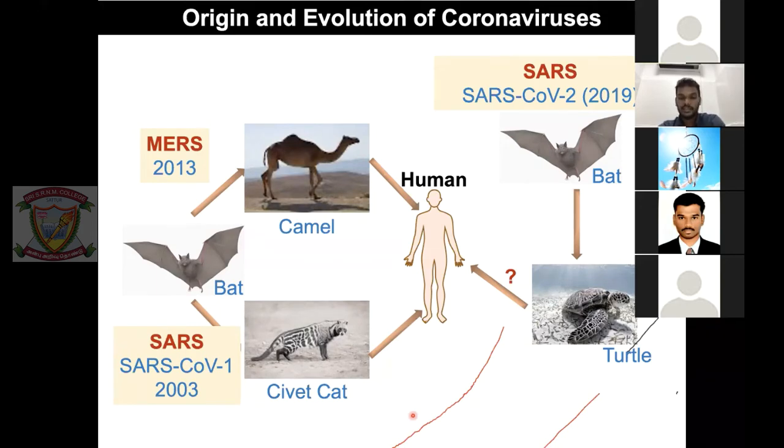And there is recent protein sequencing information showing that the genome is matching with the sea turtles' viral infection. So it spread in Wuhan city in China, in the fish market basically, which is where people are suspecting. So it kind of makes sense. It could potentially be from sea turtle. We do not know right now. All right.